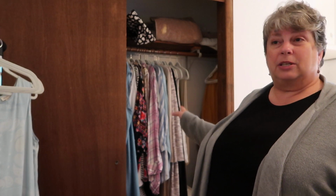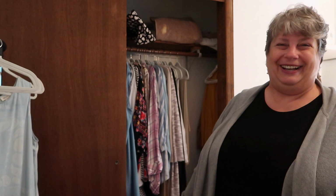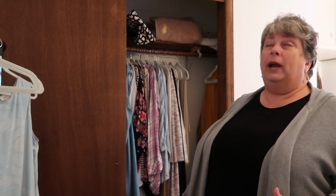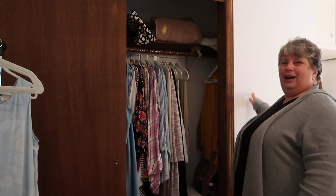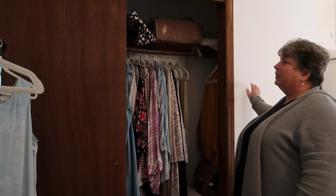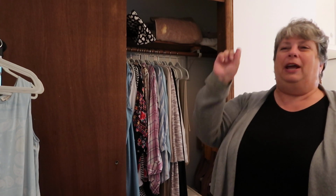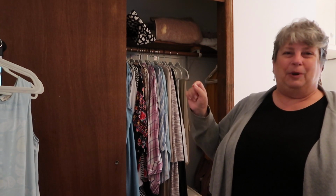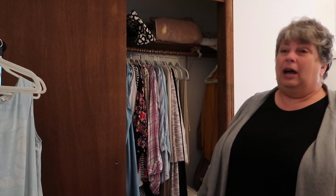And again, I want to say I'm really very pleased with my summer wardrobe. Everything in it, just about everything in it, I really like. I wear a lot. I keep thinking about putting a little chart here. How annoying and OCD would that be? Put a little chart there with like a spreadsheet of every single item I own and put a little check next to it every time I wear it so I can see how many times I wear it. But I know the things I wear tons and tons and tons, the things I just wear a lot,